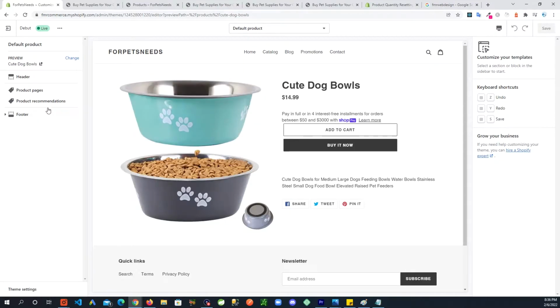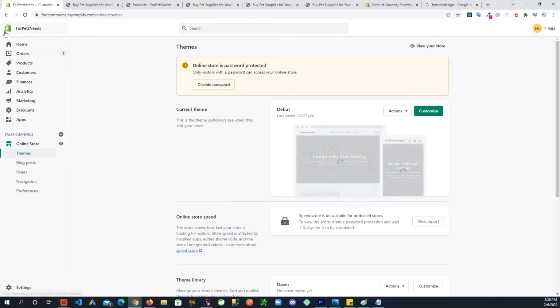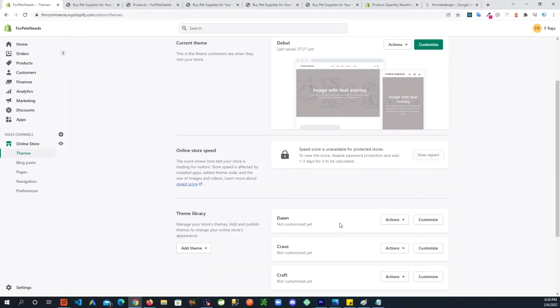For this product page on the left hand side, of course, there's always a header and a footer. In between, you're seeing product pages, product recommendations, and that's pretty much it. So if we go to now a different theme, let's say you will get out of here and then you'll go to a different theme, customize,